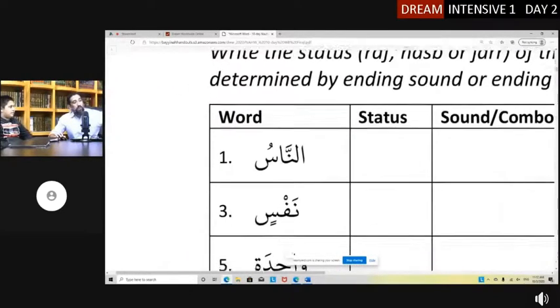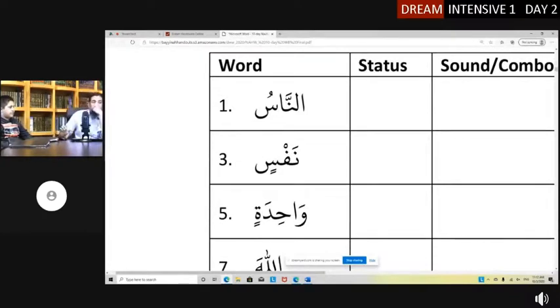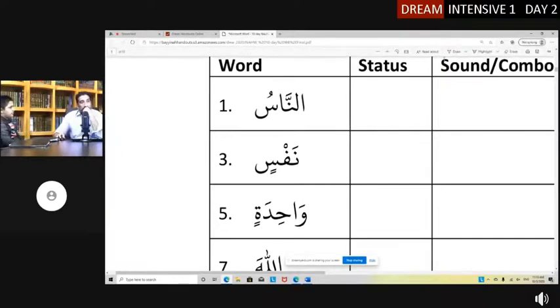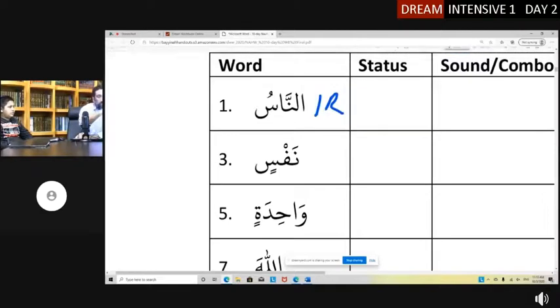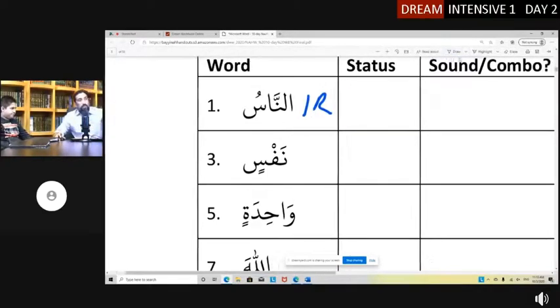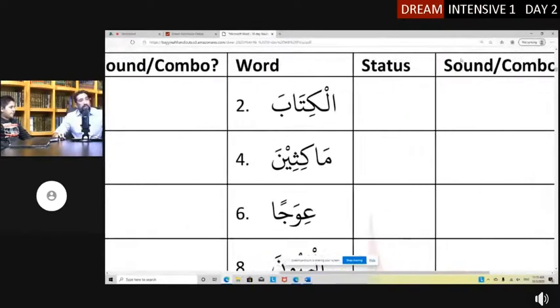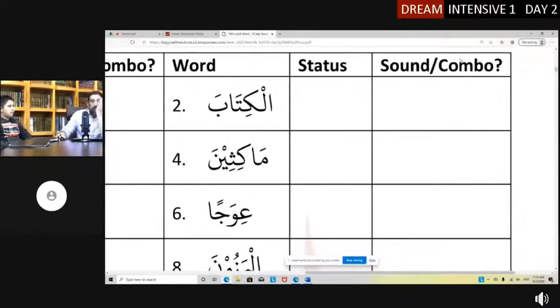Okay. So, annasu. First word. Ending sound or ending combination? Sound. Good. First, you look for sound or combination? Combination. Good. Didn't find it, so we go back to sound. Based on sound, what's the right answer? So, it's rafa. Excellent. And I'm going to add it's one rafa. And those of you that are taking notes, follow along. One rafa. Okay, I'm going to move over. Al-kitaba. Al-kitab. Ahmed, try this one.